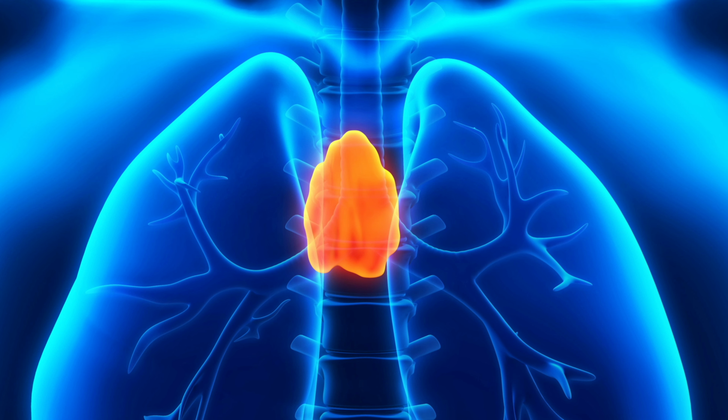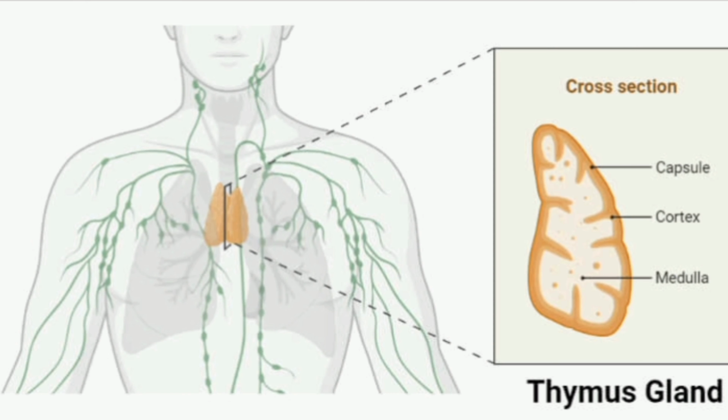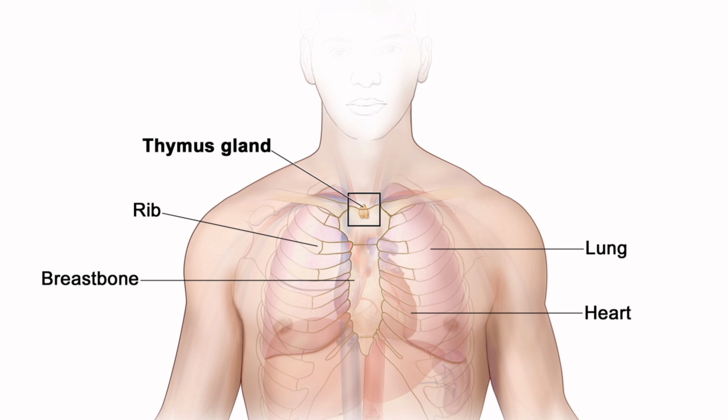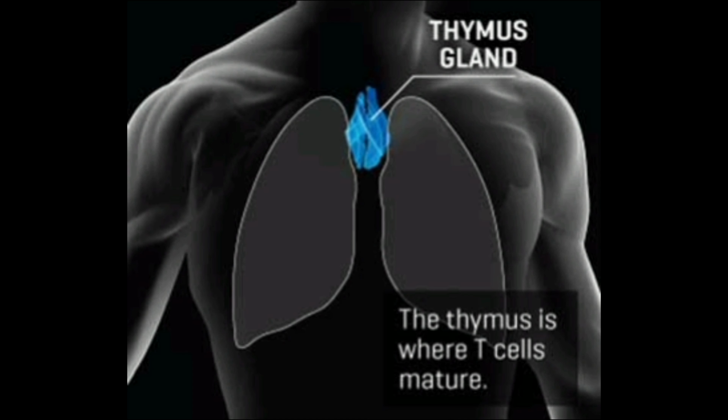The thymus gland secretes a peptide hormone called thymosin, which plays a major role in the differentiation of T lymphocytes, which provide cell-mediated immunity. Apart from this, thymosin also promotes production of antibodies to provide humoral immunity. It degenerates with age, due to which production of thymosin hormone also gets decreased, and that results in the weaker immune response in older people.